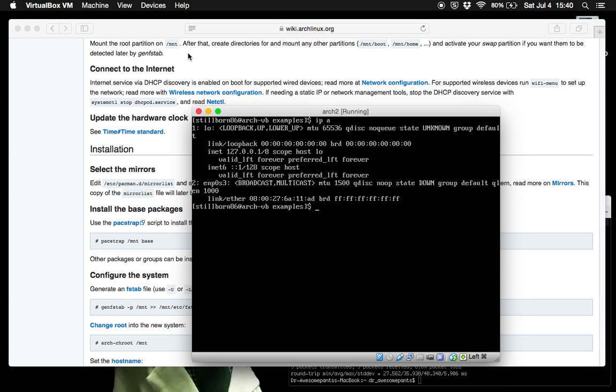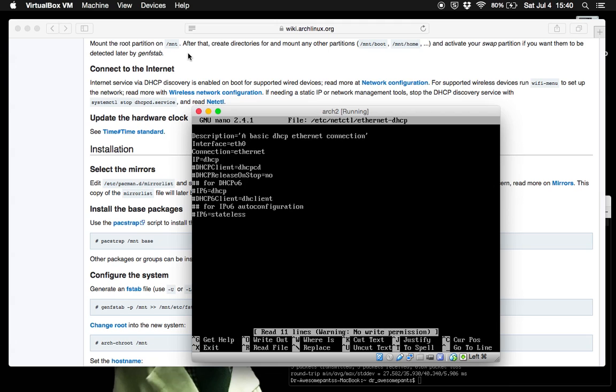Again, we're going to use Vim. Actually, let's use Nano. I've used Vim this whole time. We'll use Nano, Xfce. We're going to go into the file we just copied into netctl, Ethernet. And you see over here where it says Ethernet 0, we're actually going to want to change that into ENP0S3, because that's what it is. We can Control X. It's going to ask you if you want to save. Yes. It's going to ask you to name it. Enter. And then